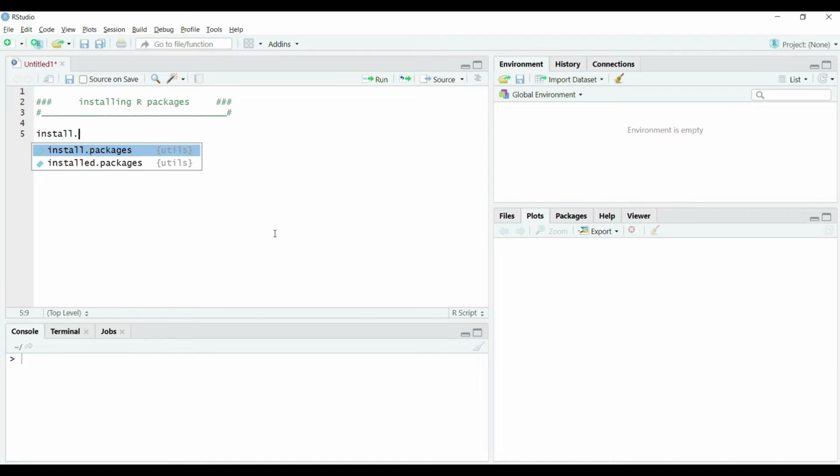We can select one of these functions by mouse click or by using the keyboard up and down arrows, and then if we hit the tab key, the highlighted function will be selected and printed on the script editor. Since by default the first suggested function is what I want, when I hit the tab key, the function is completed and printed on the script editor.